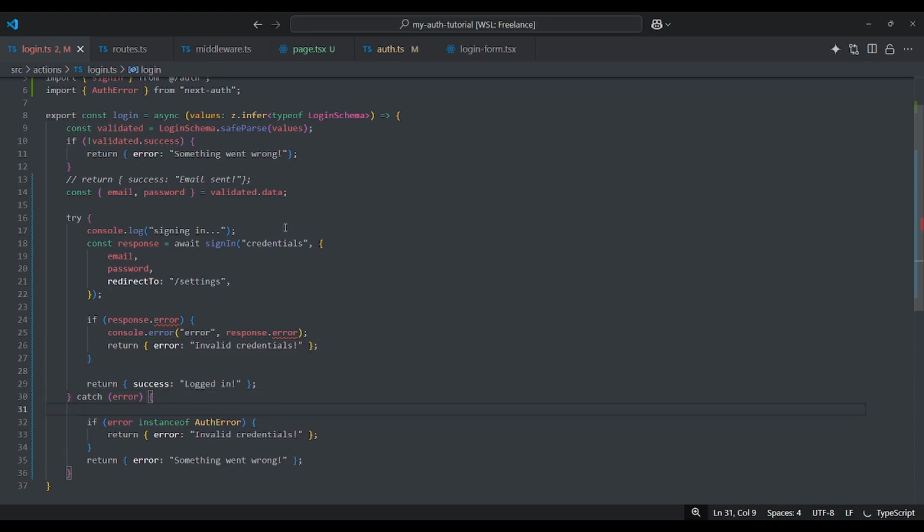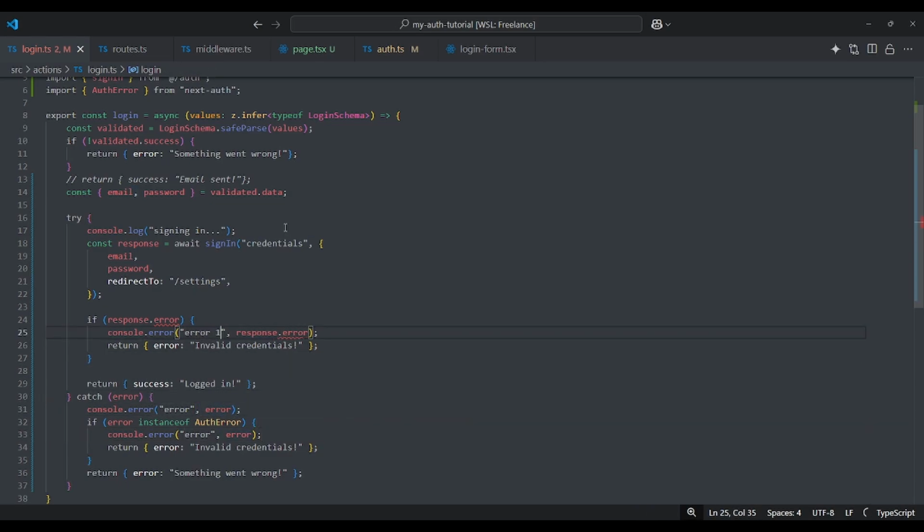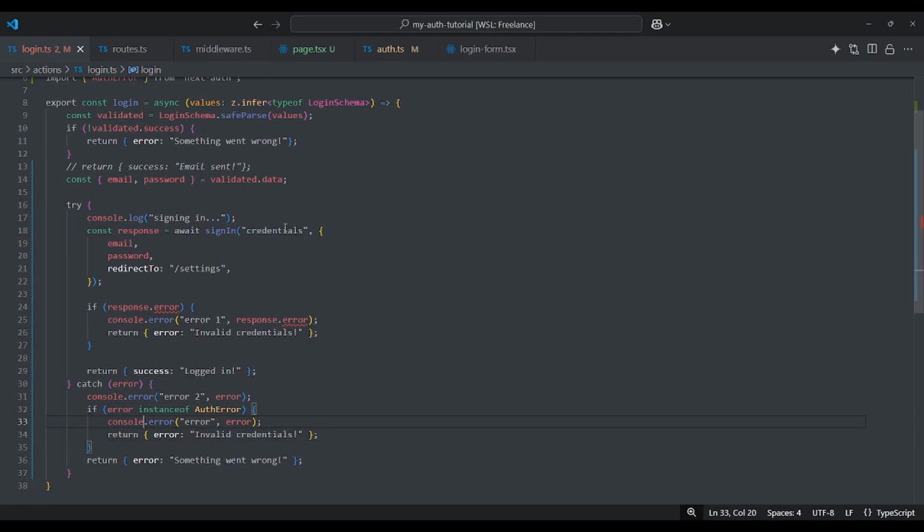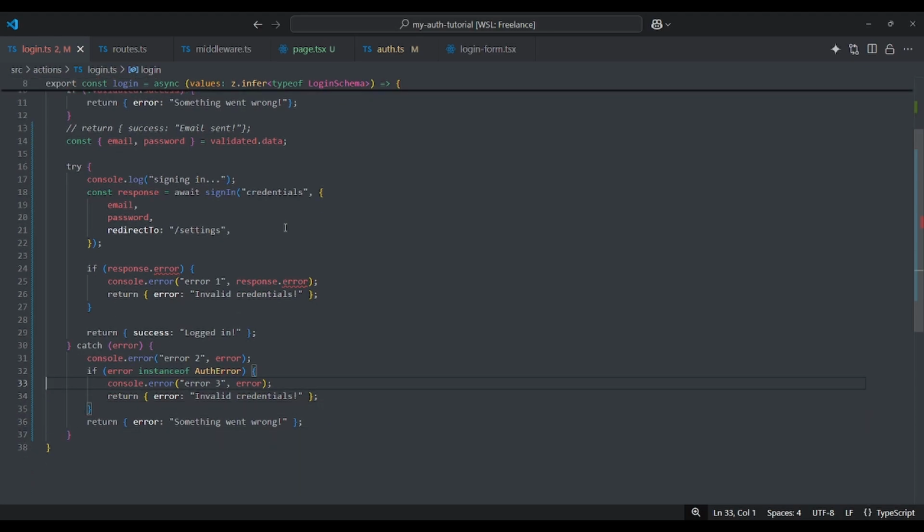And in here we need to also add some log error. We can do the same as what we did above, an error. Here error 1, error 2, and error 3. So that's it for now.